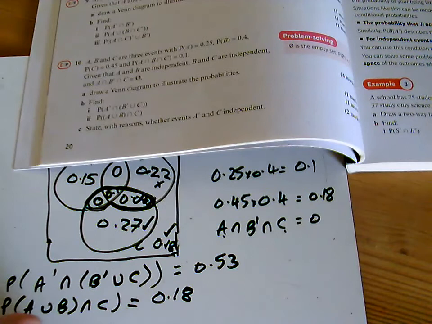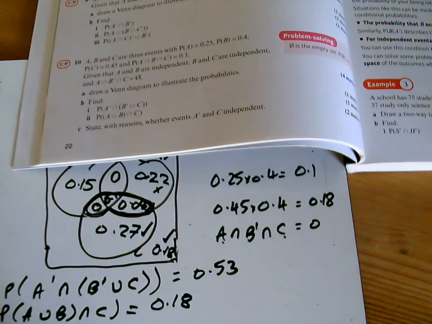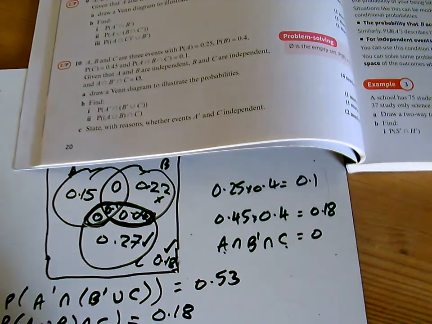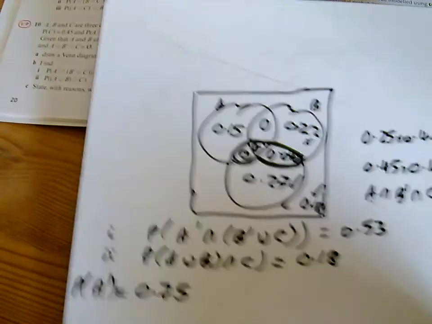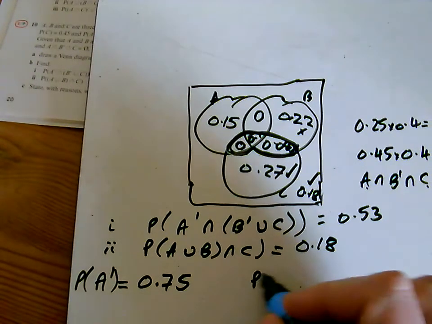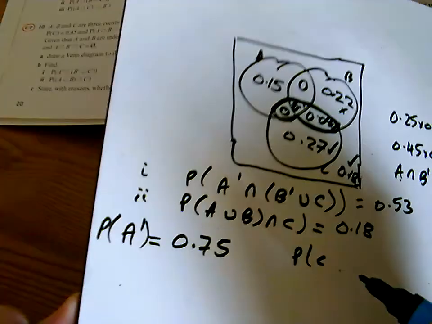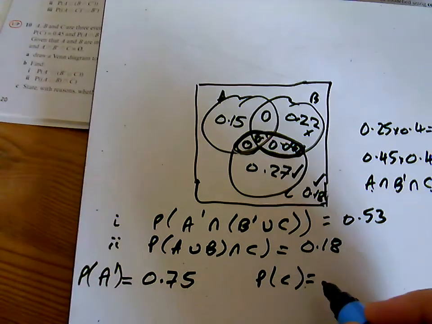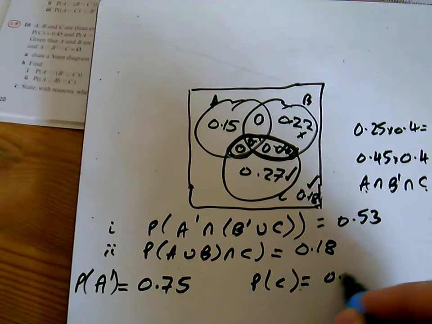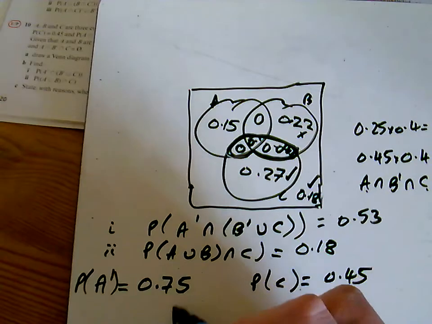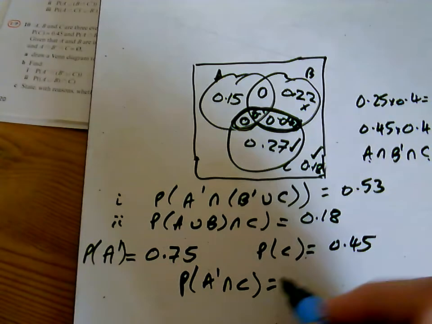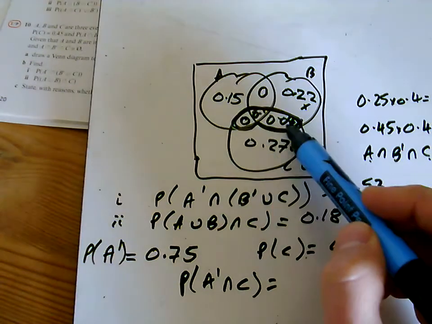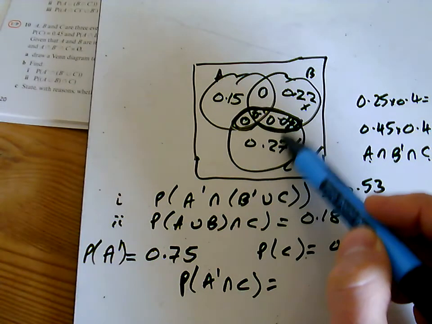And for the last bit, we're looking at not A. Well, the probability of not A is everything that's not in A, so that's going to be 0.75. You're not seeing that, are you? So not A is that. And the probability of C is the other thing we're talking about. Yeah, the probability of C, we're told, is 0.45. We also want to find out what the probability of the crossover between those two is. Not A intersection C will be those two bits there. And so that is